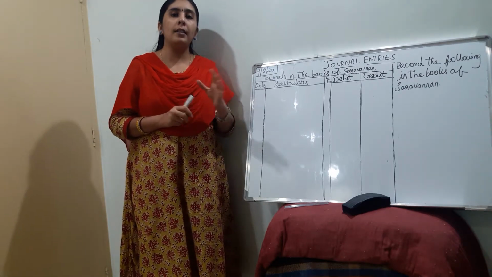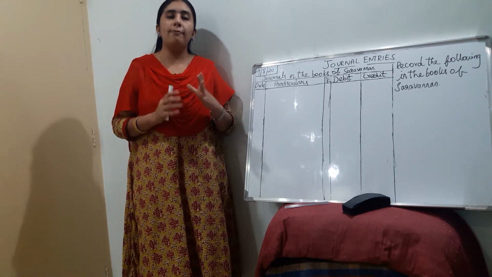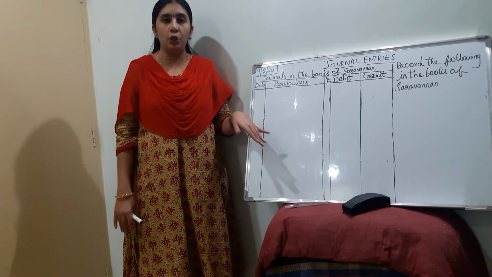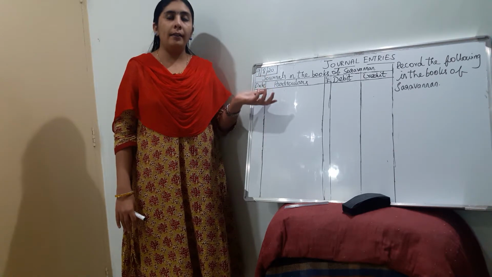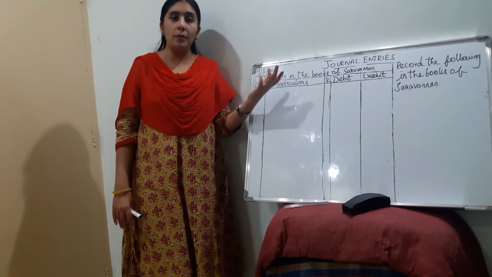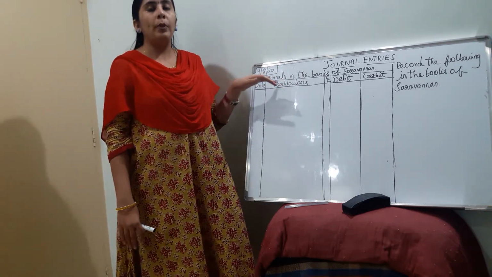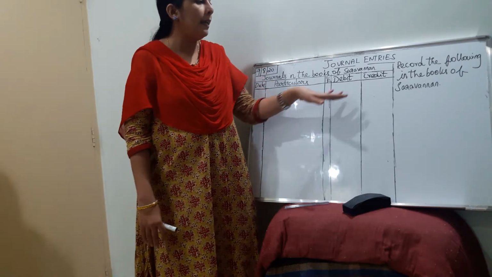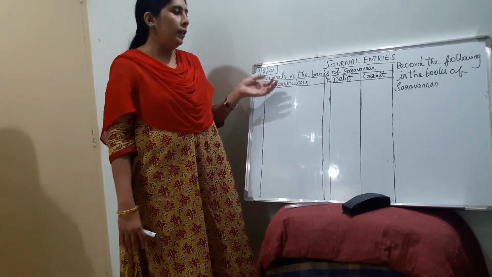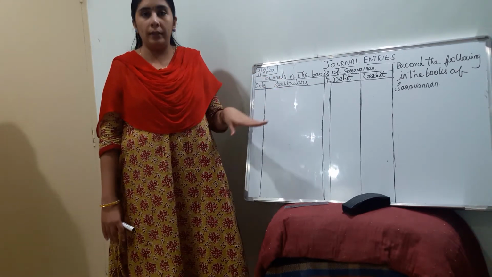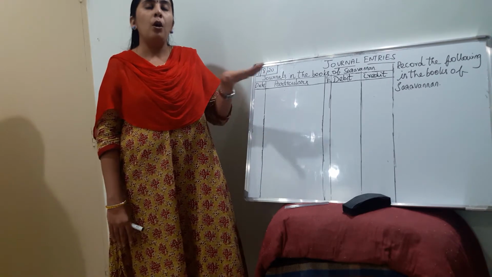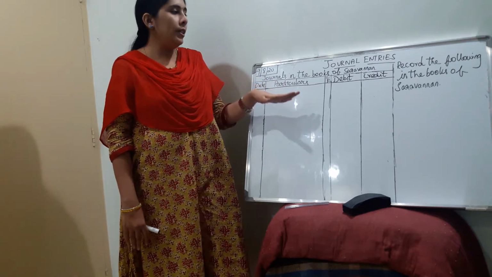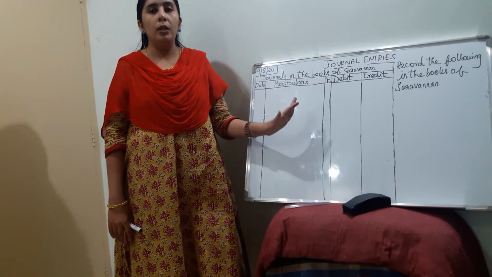Before that, I'd like to brush up on the previous videos. From the third video we have been discussing how to post entries into the journal books, the format, and the columns that should appear in the journal book. It should begin with journal in the books of so and so person, and it should have the date, particulars, LF, debit and credit, and the transactions should be in proper date-wise chronological order. All these things we have seen in the previous videos. Now it is just about how to record or post entries into these books.